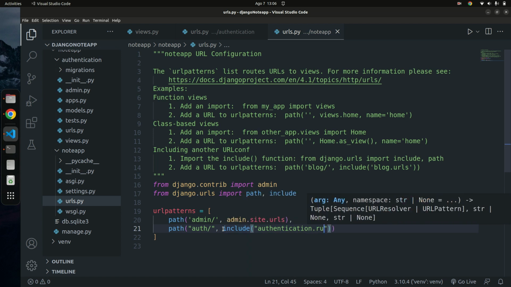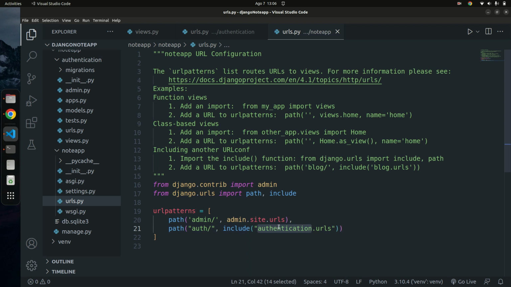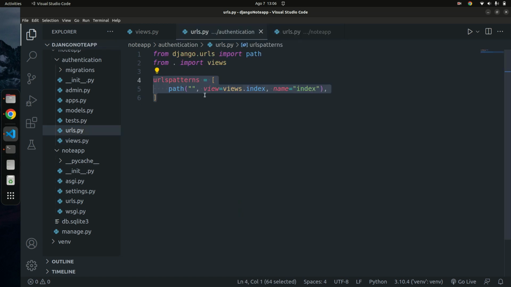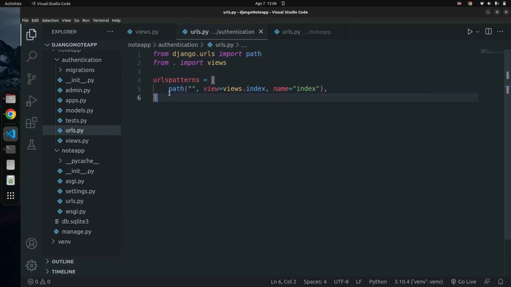I'm going to pass in authentication.urls. Authentication is the name of our app, and then you say .urls, which is the file you created that you're referring to right here. This URL path consists of different route paths that this app deals with. In this case, you're going to have just an empty path that goes into the views and returns views.index, which is just this view right here that returns hello